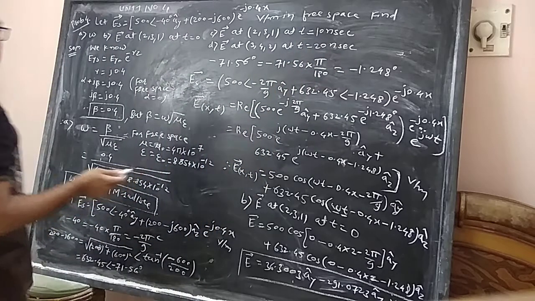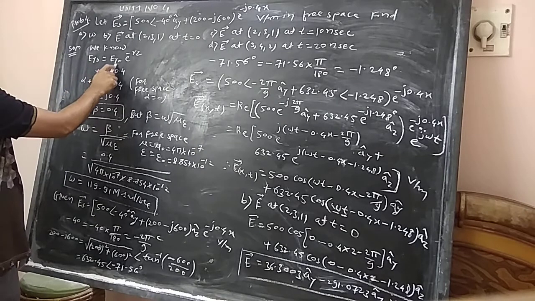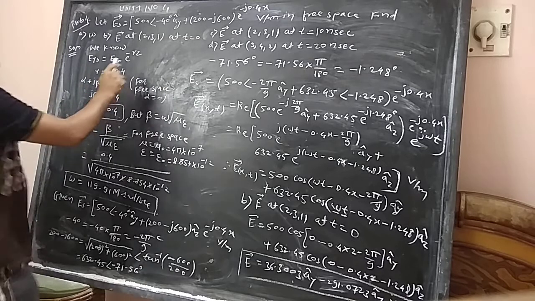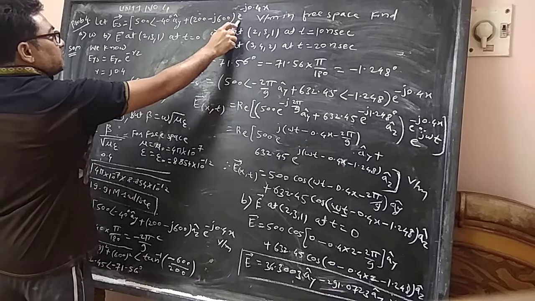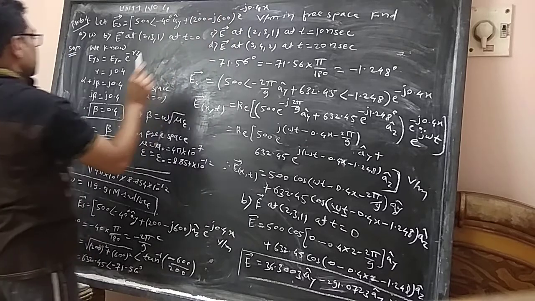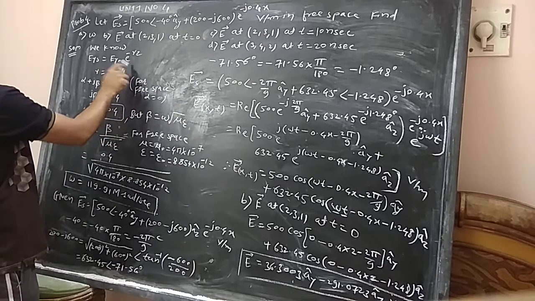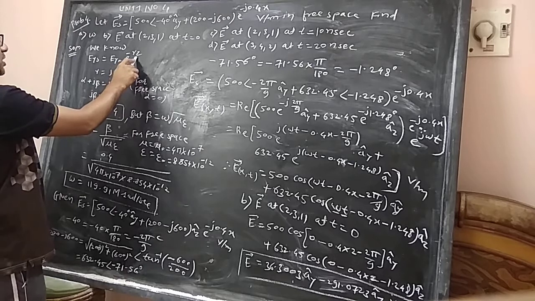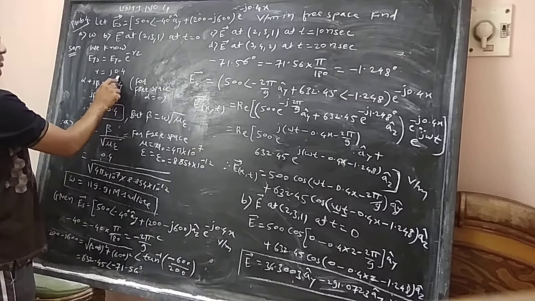Now, as we have already seen the formula, we know that E_y is equal to E_y0 e raised to power minus gamma into z. Why are we considering this equation here? Because in our given data, it is mentioned in the equation e raised to power minus j 0.4x. So I am comparing that imaginary part to this imaginary part. So E_y is equal to E_y0 e raised to power minus gamma into z. So what will be the value of gamma? It is j into 0.4.